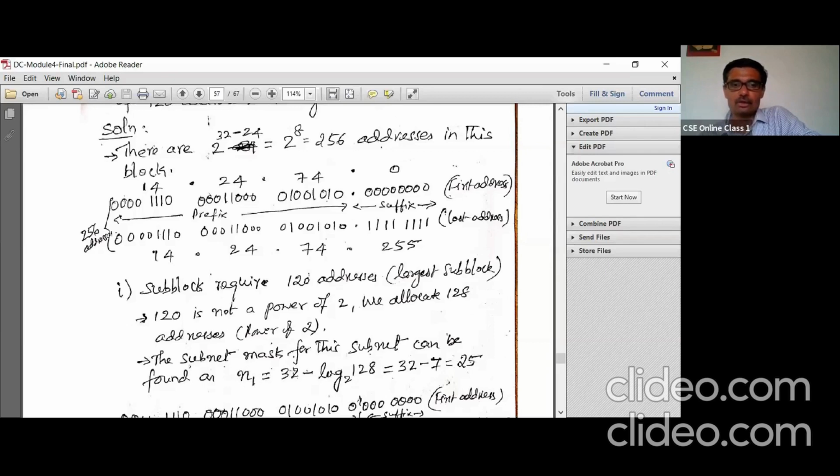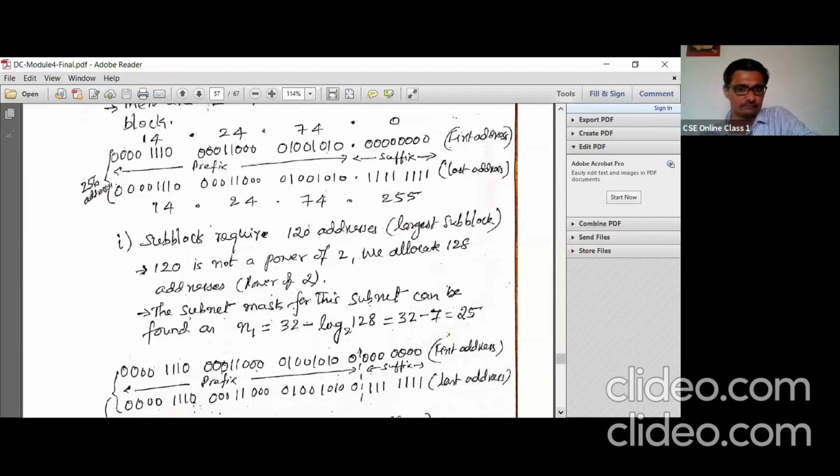So 32 minus log 128. Log 128 is 7, so 32 minus 7 is 25. The subnet mask, that is the prefix length, is 25 for the subnet.